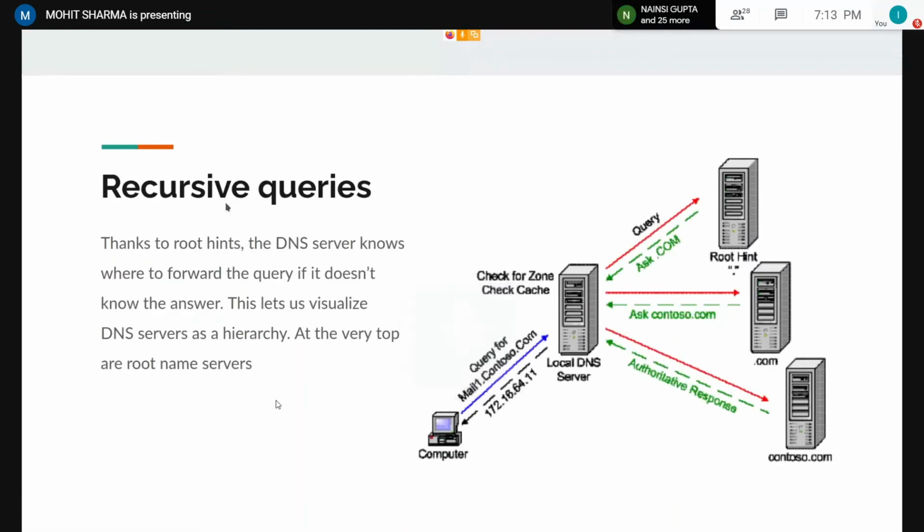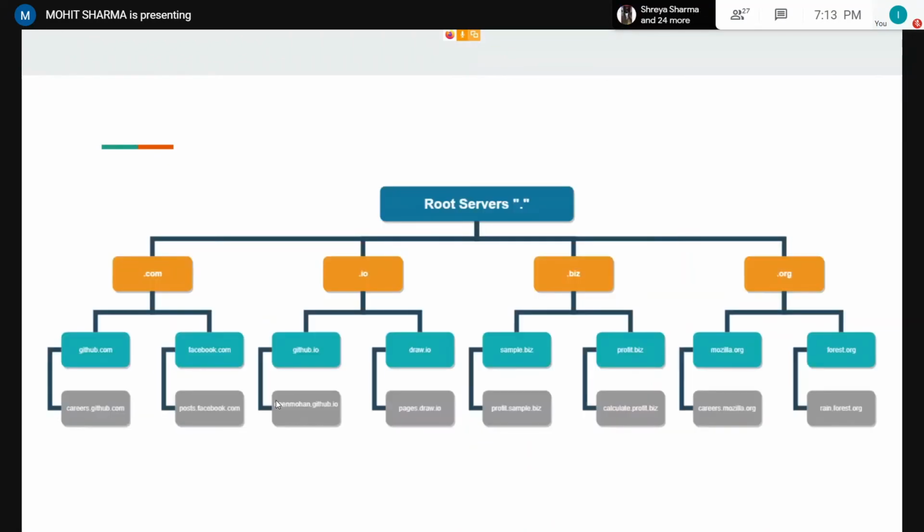Yes, so now that we have all the components, we can start putting them together and try to understand how recursive queries are actually resolved. So by now you understand that the way domain DNS resolution works is you send a query to a DNS server with a hostname that you want to resolve. The DNS server looks for that record in its zone file and its local cache, and if it cannot find it, it forwards that to the upstream. The next DNS server does the same. So this means that we can visualize DNS servers as a kind of hierarchical structure, and at the very top of this hierarchy lie the root servers.